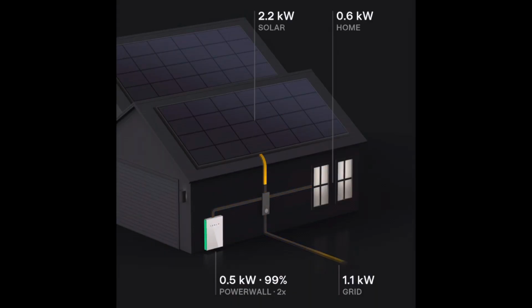See that 0.4 going to the Powerwall? As soon as that gets sent to the grid, we'll be at 1.5, and that'll be enough for the 1,300 watts that we need to power the first Bitcoin miner. Each Bitcoin miner needs 1,300 watts while it's powered, and the reason why we're doing this is because mining Bitcoin